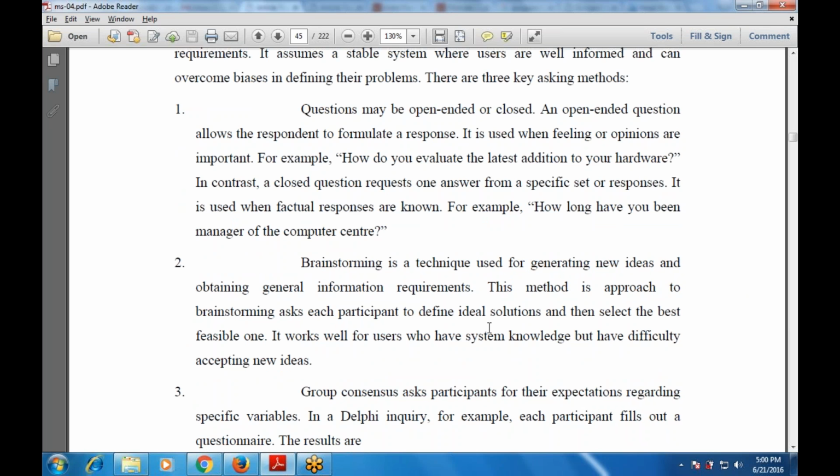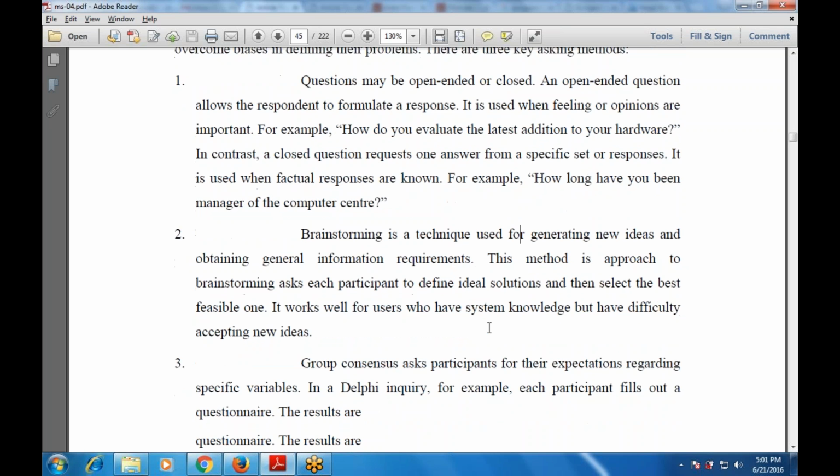That is also one of the key techniques in asking. It is a technique for generating new ideas and obtaining the general information requirement. In this approach to brainstorming, we ask each participant to define an ideal solution, and then select the best feasible one. That means selecting the best feasible solution from the available solutions. It works well for users who have system knowledge but have difficulty in accepting new ideas. Next one is group